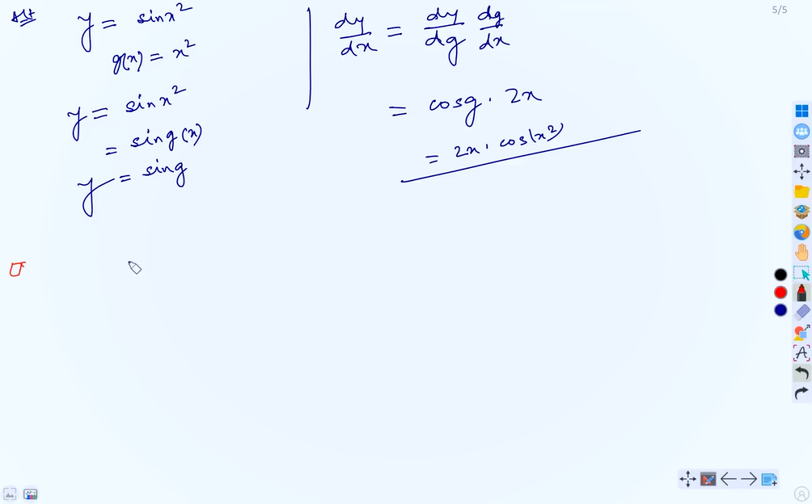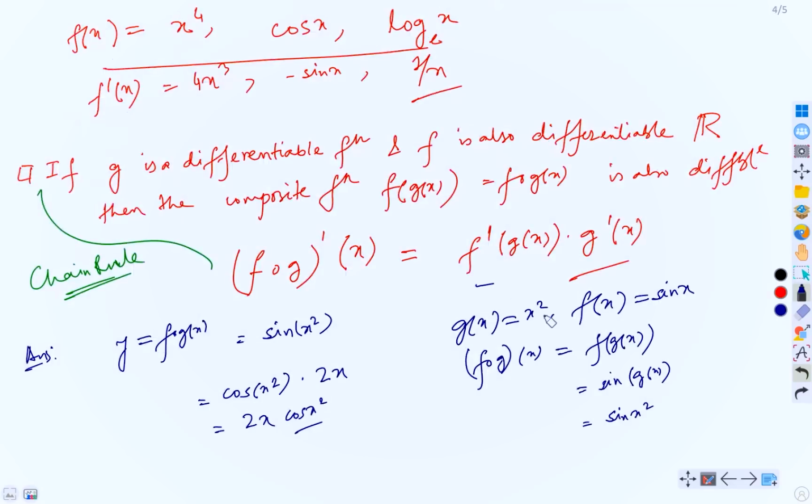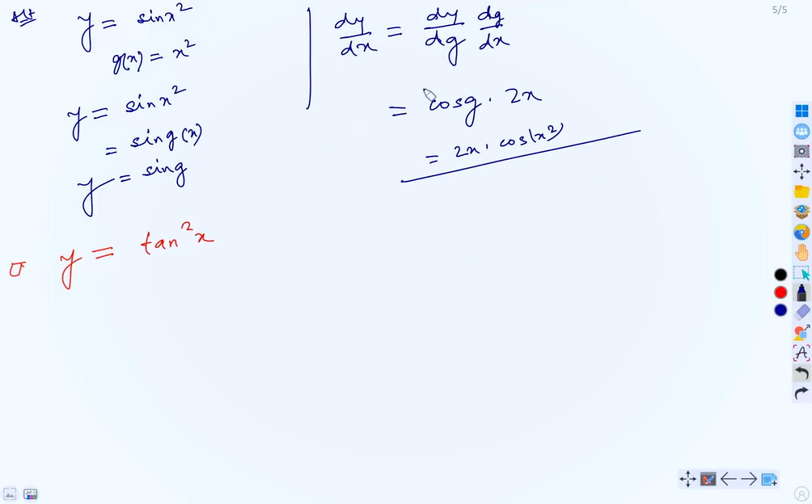Also, don't worry, I will give some more examples so that you can understand much better. So let's take another problem. Say y equals tan square x. Now I will solve this problem with both methods: directly from the formula, which is coming from here, and with this method. This is also the same formula, but this is strategically easier to do, especially for beginners. So I will follow both approaches.